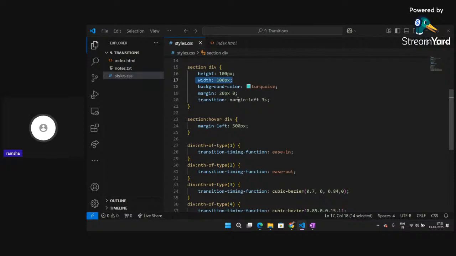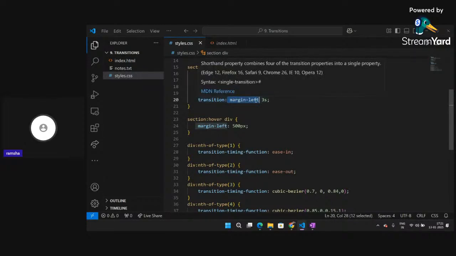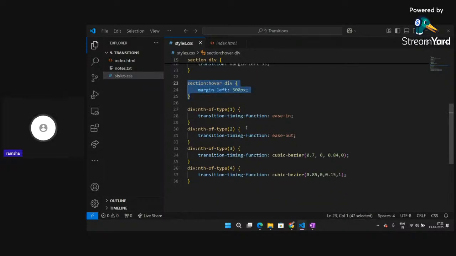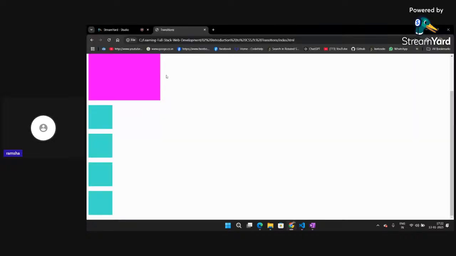And I have added a transition of margin left. So when I hover on a div, then margin left will be 500 pixels. Okay, this I have specified. Now I have defined the nth of type. So for div nth of type 1, that is the first div,